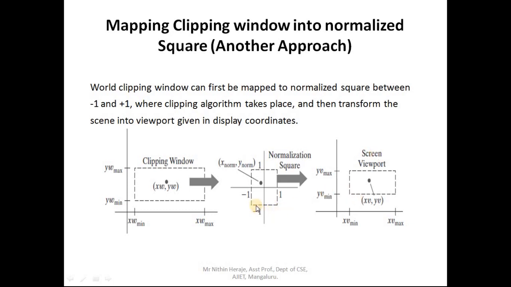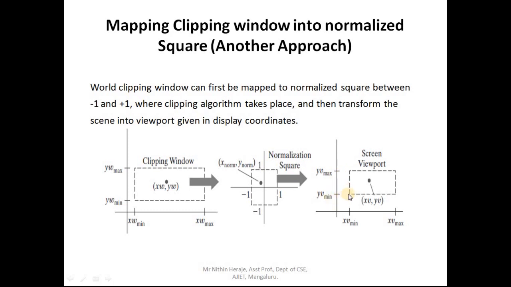Okay, so it is -1 to +1. Then the length of this square is 2, because it starts from -1 and it is up to plus 1. So minus 1 to 0 one length, and 0 to 1 another length. So the total units is 2, the edge length of this window. Since it is a square, it is the same. 2 is the edge length of this window. Next, from here, you are going to transform it to the viewport screen.